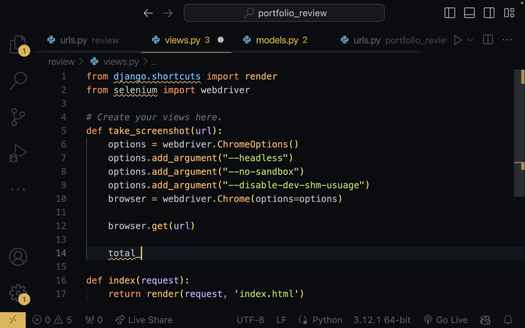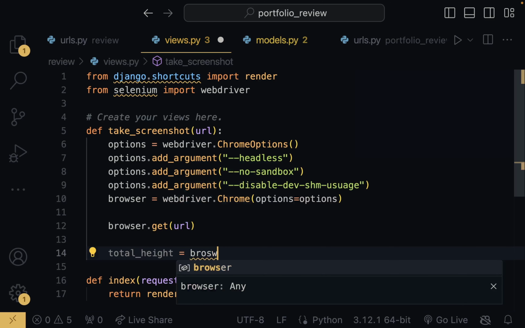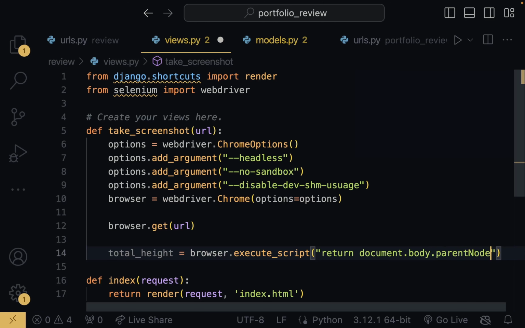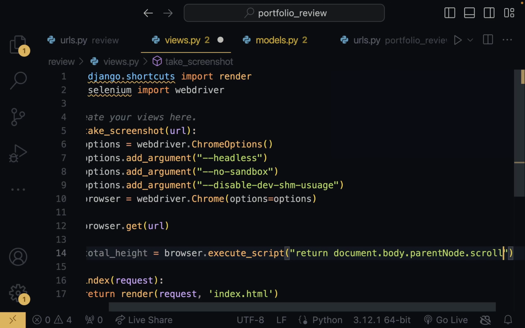So I'll say total_height equals browser.execute_script, and this script is basically a JavaScript script, and what it's going to do is return document.body.parentNode.scrollHeight,